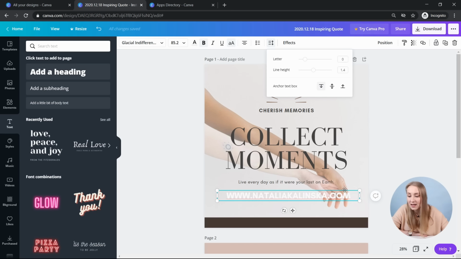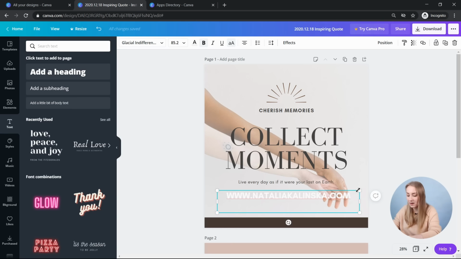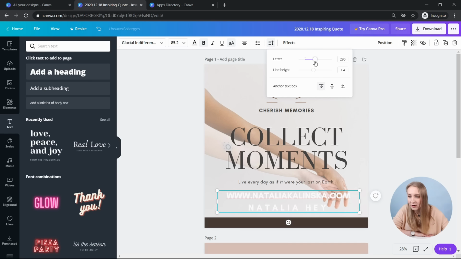Then there's spacing. So if I had more to this text, so let's say I had another line saying whatever, you can see that you can space out letters in here. This actually pertains to that particular one, but I can do it for both. So you can adjust the letter spacing. It's quite good to actually play around with it and see how it fits with your design. I'll just go back to that, and then you can adjust the line height as well. So how close that second line is or how far from the first line it is. So you can play around in here.